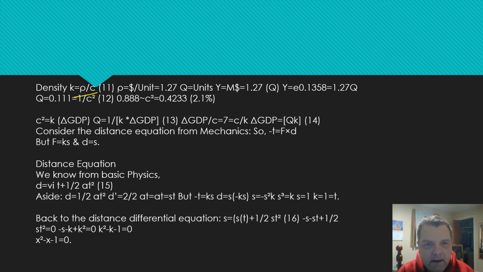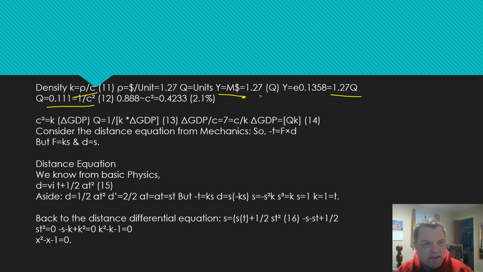Y dollar sign money is equal to 1.27 Q. Y is equal to E to the 0.1358, which is the U.S. economy equation, and we set that equal to 1.27 Q. 1.27 is 4 over pi, which is equal to the density, 1 over the time. But Q is equal to 1.111, 1 over 9,